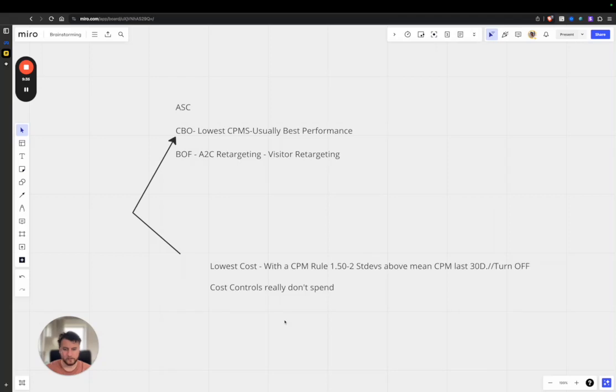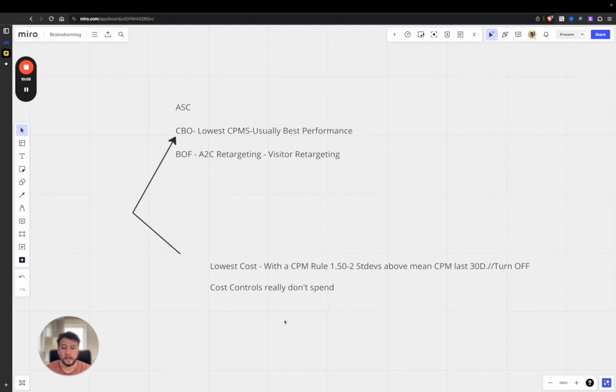So again, whether you use cost controls of some kind or lowest cost depends on what works for you normally. If cost controls work for you normally, maybe just test a little bit broader of a cost control, a little bit more generous of a CPA, however you have those oriented, maybe a more generous bid. If you normally run lowest cost, that seems to be what works for you best, and you are kind of struggling there, again, add a rule like this in order to kind of protect